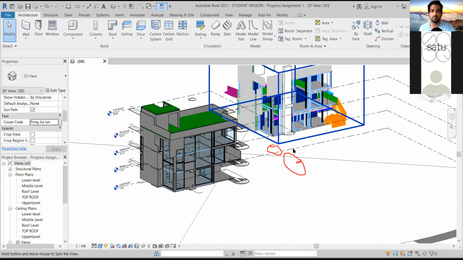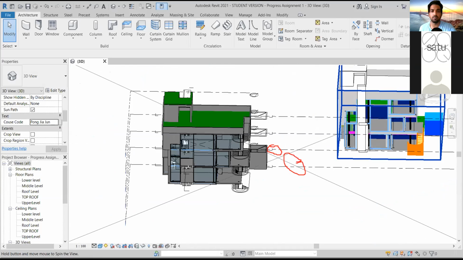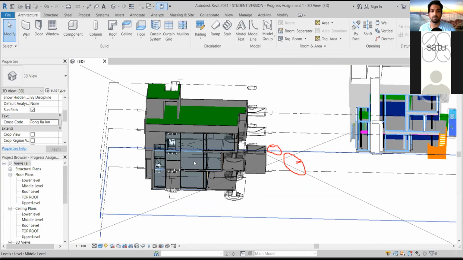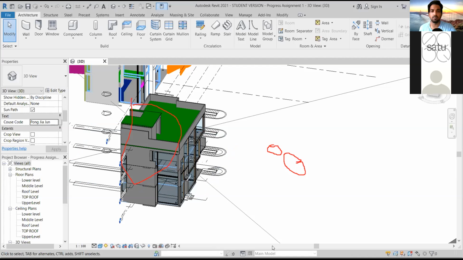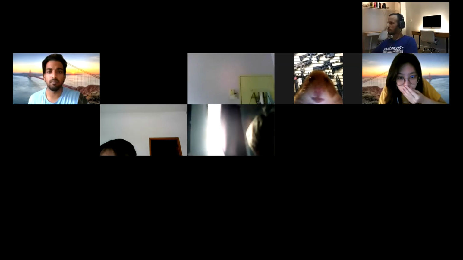Just try to fix this elevation. Maybe you need to import the other AutoCAD 3D from CN. You have to download it. Okay. All right. Is this all for you? Yes. Okay, good. So who's next? 1 second. Next is